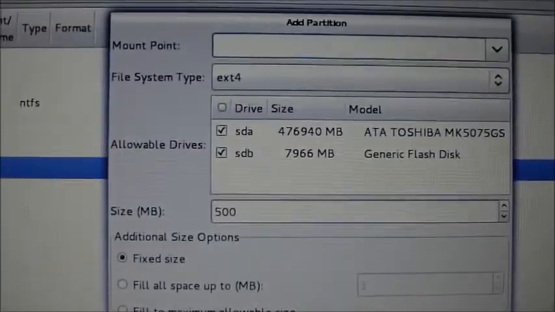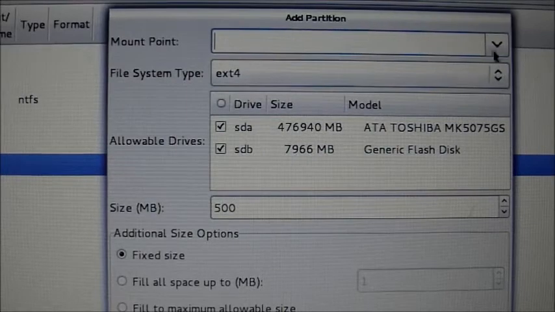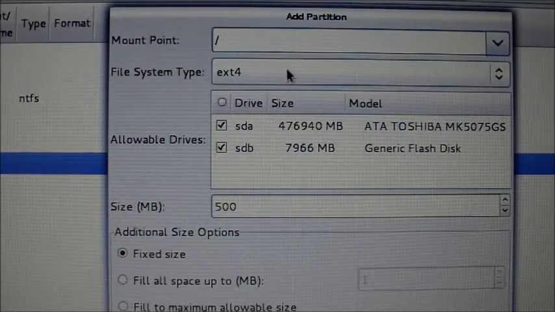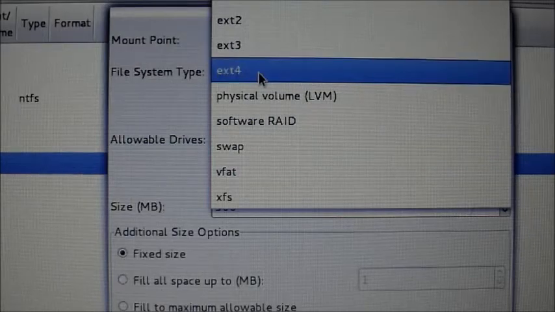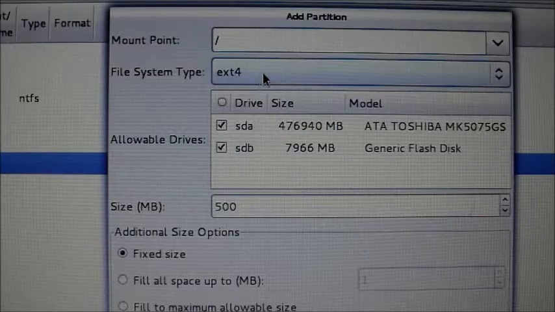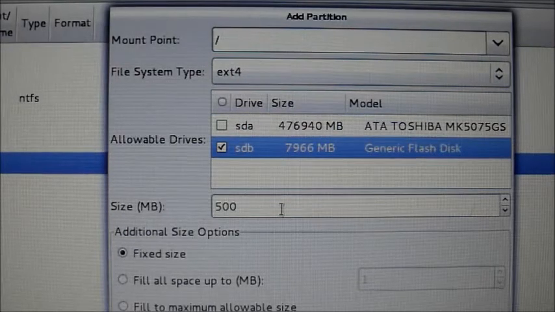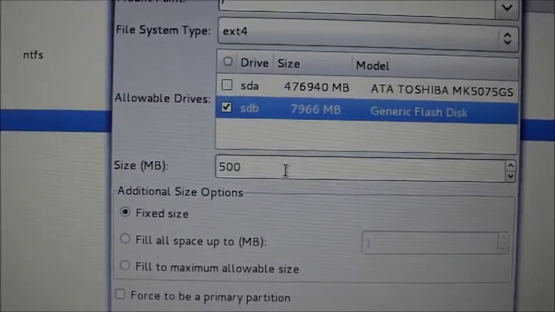Then you'll be presented with this box, add partition. Make sure that the file system type is ext4, and you deselect your hard drive so only your USB stick is selected, and then put in here the size that you want to